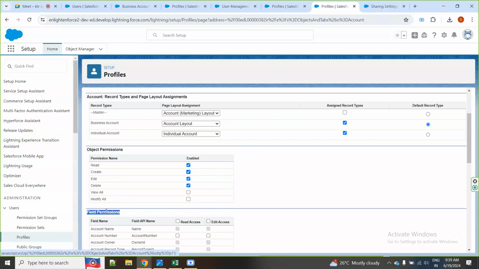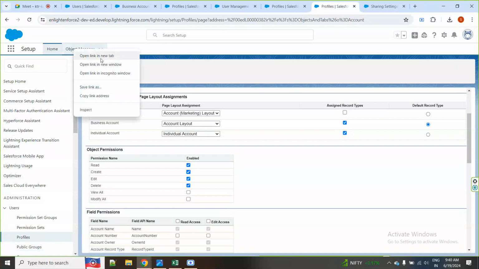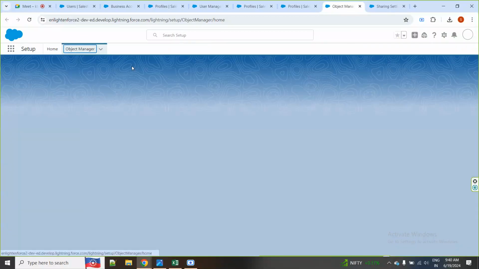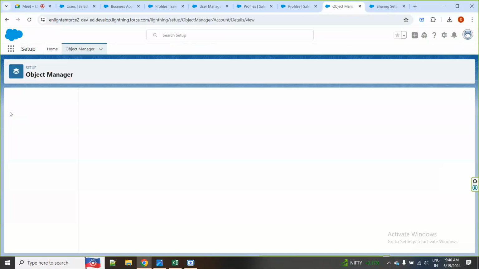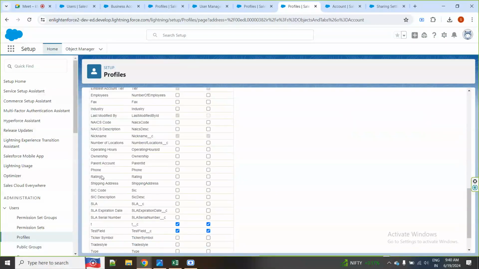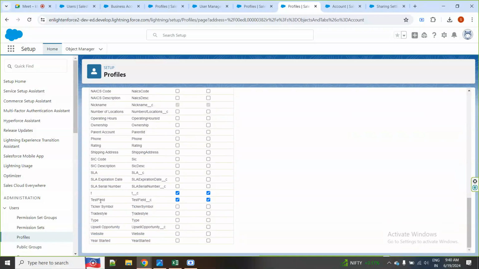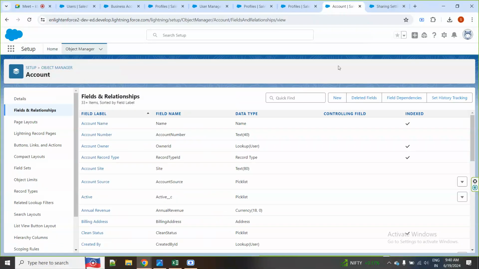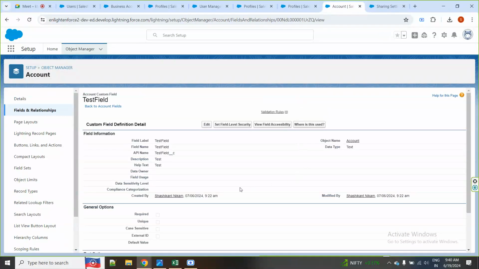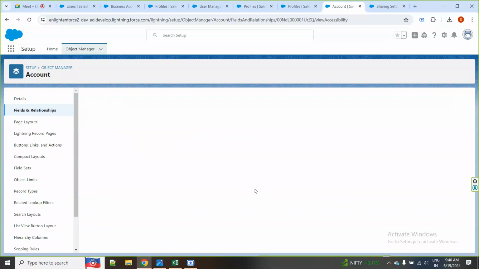Okay, and there is one more way you can change it, which is navigating to the specific object's field. I don't know if you have seen this, but let me show you again. Let's go back to the account fields and permissions, and which one we can choose is, for example, phone or test field. Let's take it and click it. Here you will see set field level security and view field accessibility. Here you can see,